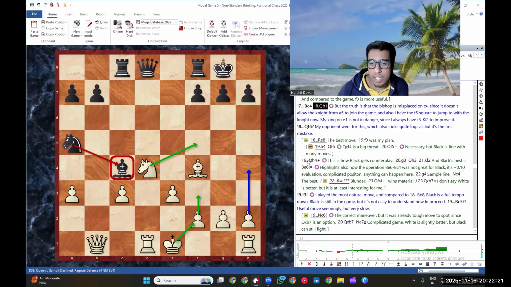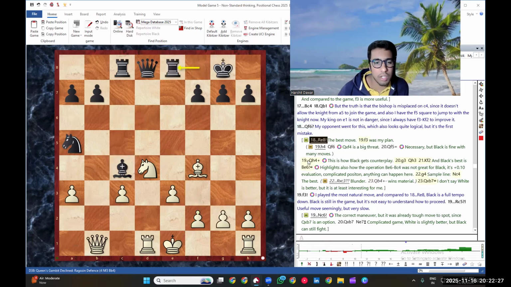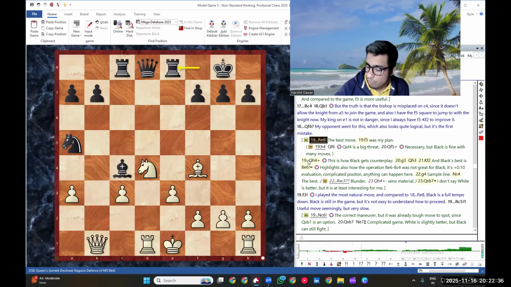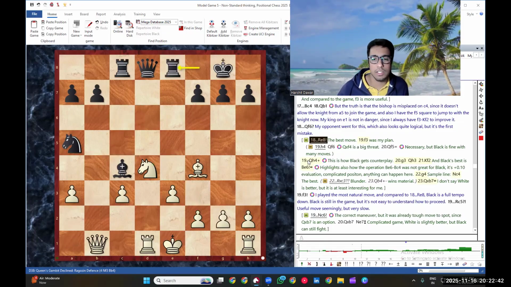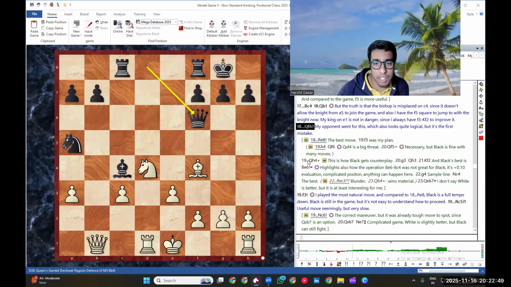My king on e1 is not under danger, but his opponent went for the most counterintuitive move. Most natural move, queen f6. Though I personally feel rook e8 would be more natural, as you are destined to know that the rook is doing great on that file against the king, but you are not sure where the queen belongs. So why not just do something you already know and wait for the next move? This is something Emansa taught me once, like the rook is trying to go there. So why just not stay patient and not commit the queen yet? Whatever. So queen e1, queen f6 looks like a natural move.